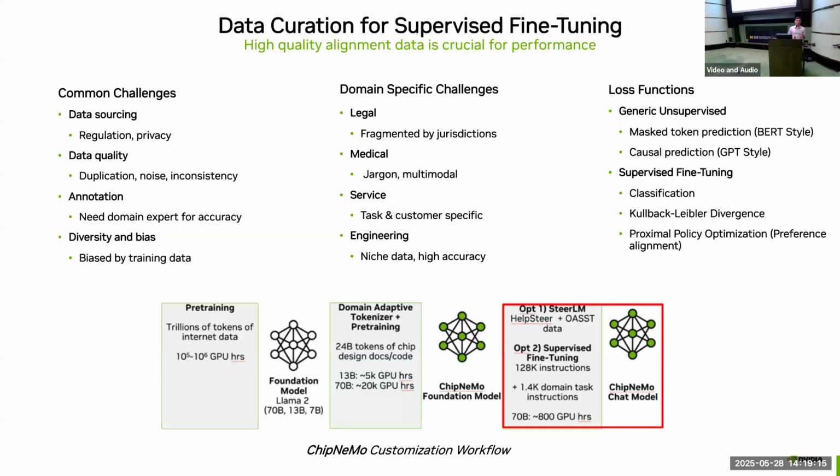In medical, and across all domains really, there's going to be different jargon that our models are going to have to learn. And in some cases, multimodal data might be necessary for our models to really understand the topics at hand. In the service and e-commerce space that we were talking about earlier, you're going to have customer-specific data with some words that are a bit more abstract than we're used to, or our models are used to. And in engineering, we're typically looking for high accuracy data. I touched on this a little bit earlier, but in this stage our training dynamics change a little bit because we're using different loss functions, so it's important to keep that in mind as well.